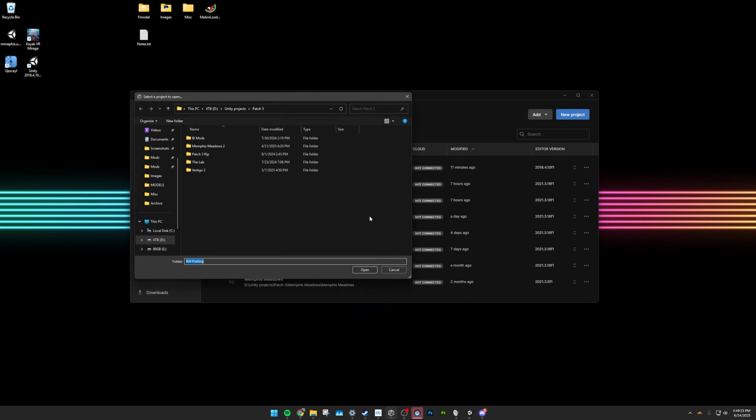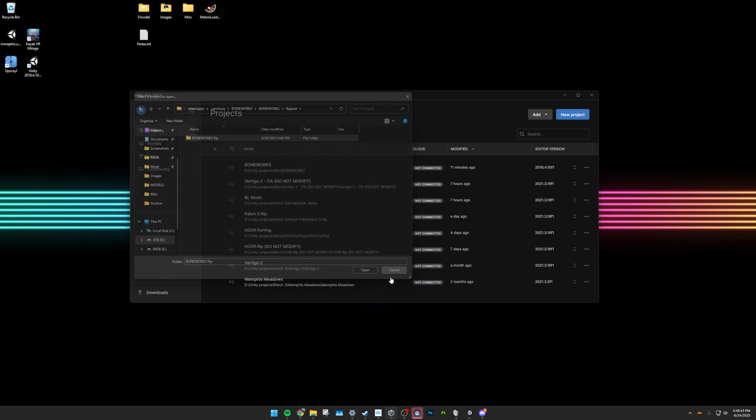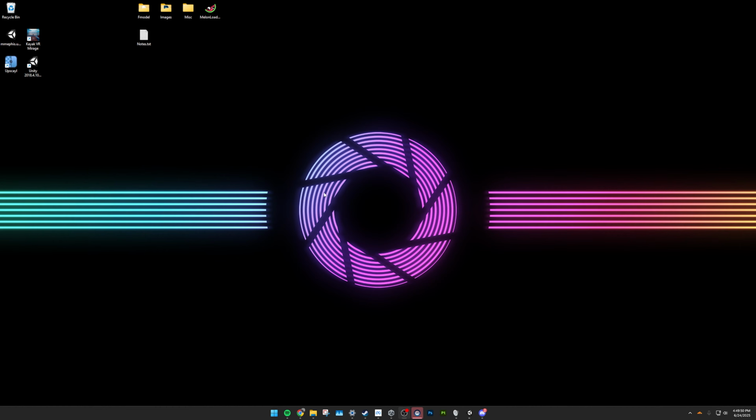Go to Add Project from Disk, navigate to your BONEWORKS install, open the RIP folder, and I personally like to rename the Global Game Managers to BONEWORKS RIP, or whatever you'd like, just because the Global Game Managers folder name is what will appear in Unity Hub when you go to open the project. So again, I just like to call it BONEWORKS RIP, just for ease of navigation, and go ahead and click on Open. Opening the project will take around 45 minutes, however, my computer is pretty fast, so it might vary